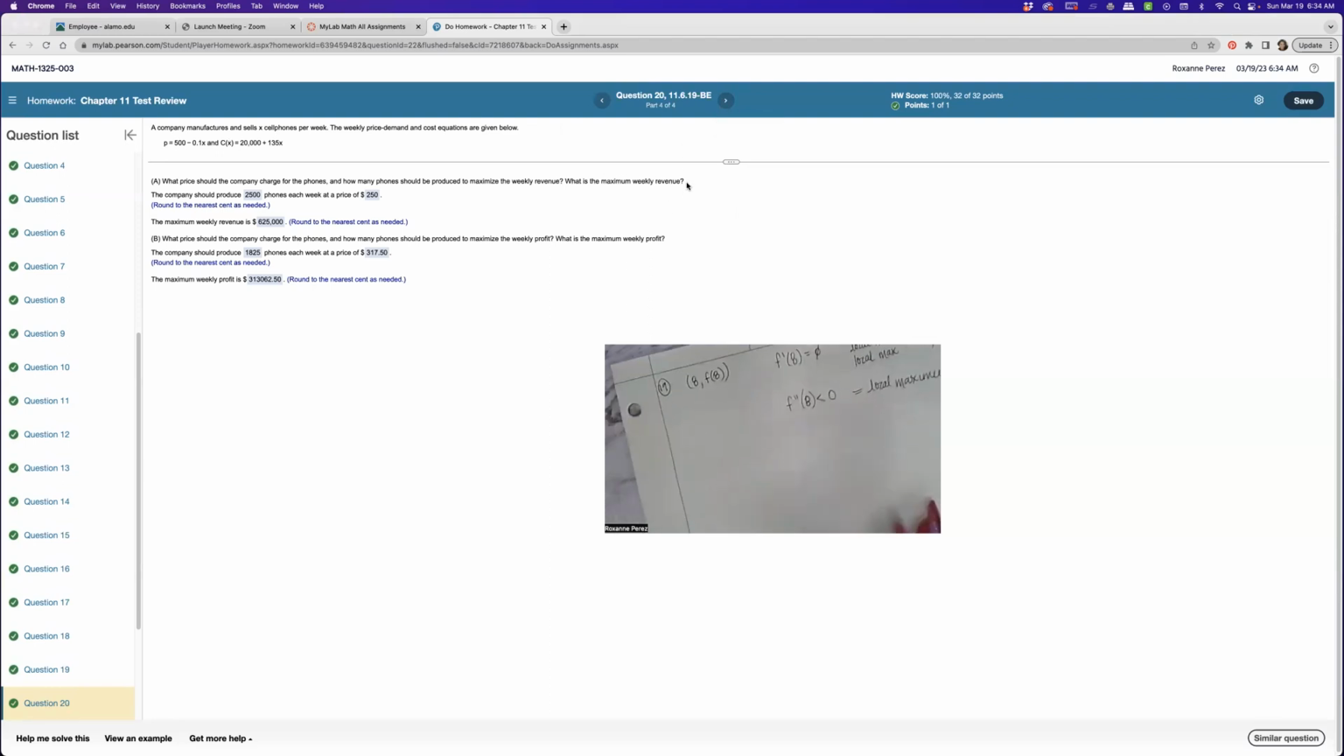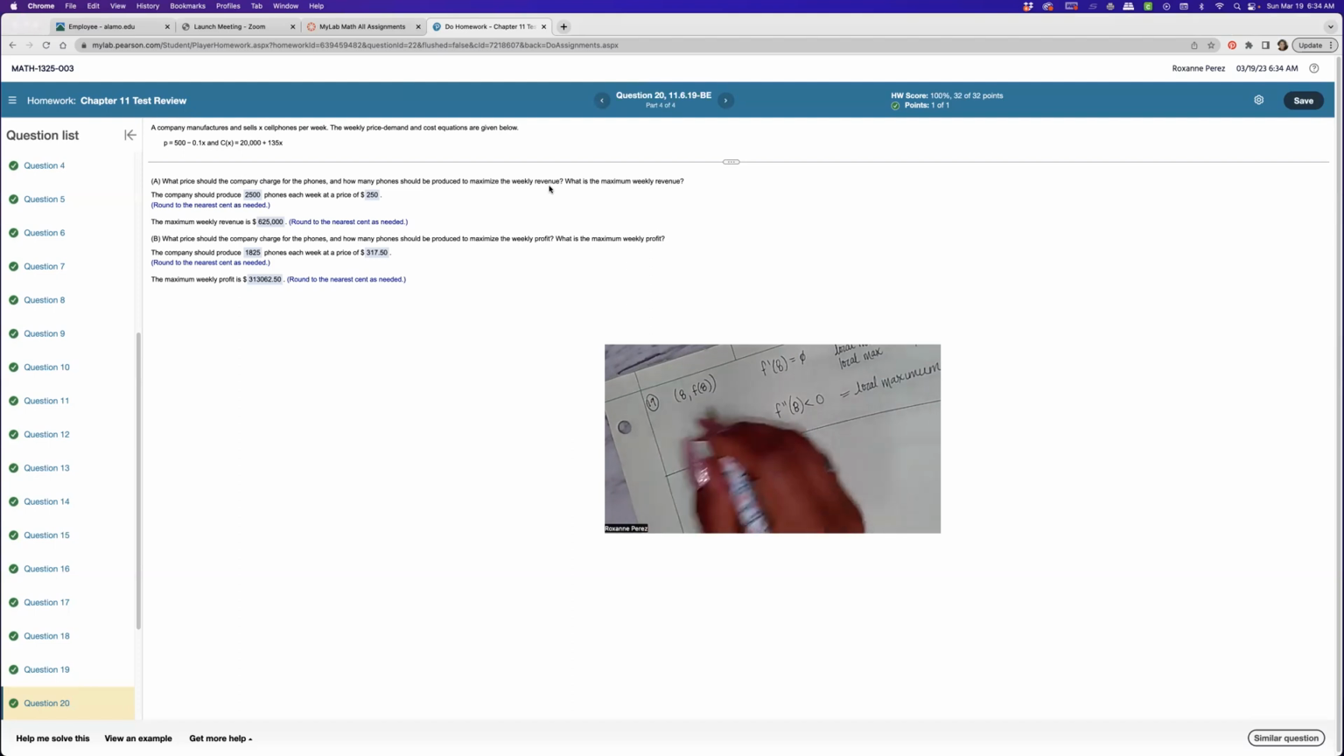All right, question 20. A company manufactures and sells x cell phones per week. The weekly price, demand, and cost equations are given below. What price should the company charge for the phones, and how many phones should be produced to maximize the weekly revenue, and what is the maximum weekly revenue? Okay, so they gave us P,